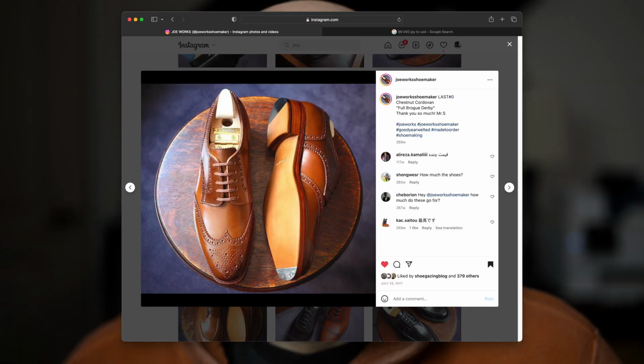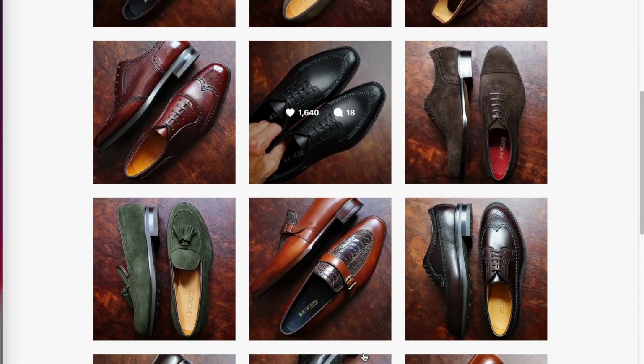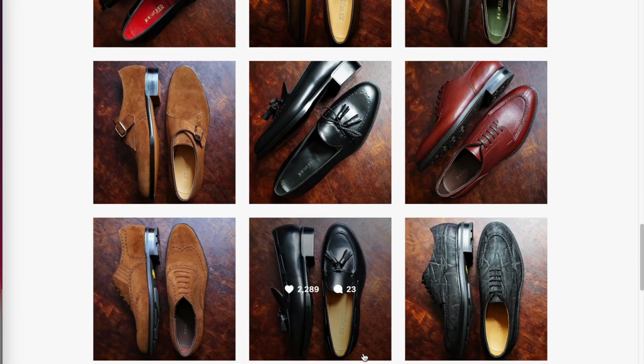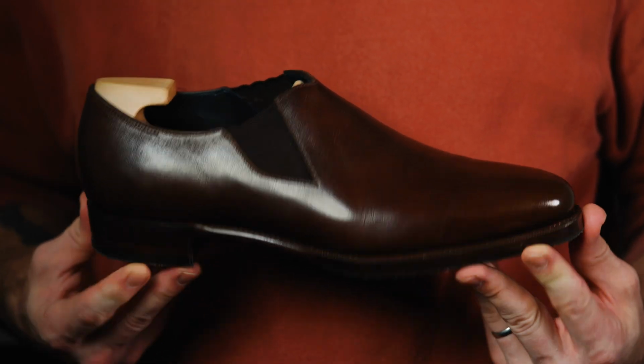I can still remember the very first pair that really caught my eye from Joe Works. It was a whiskey shell cordovan short wing vulture. It's just a very classic looking shoe coming from the American shoe market, and being that's kind of where my style had started, when I saw that coming from Joe Works, the level of detail, the level of just elegance that was built into the last, the pattern, and of course the whiskey shell cordovan was all very attractive to me. I was finally able to secure my own made-to-order pair from them, and that's what we're going to talk